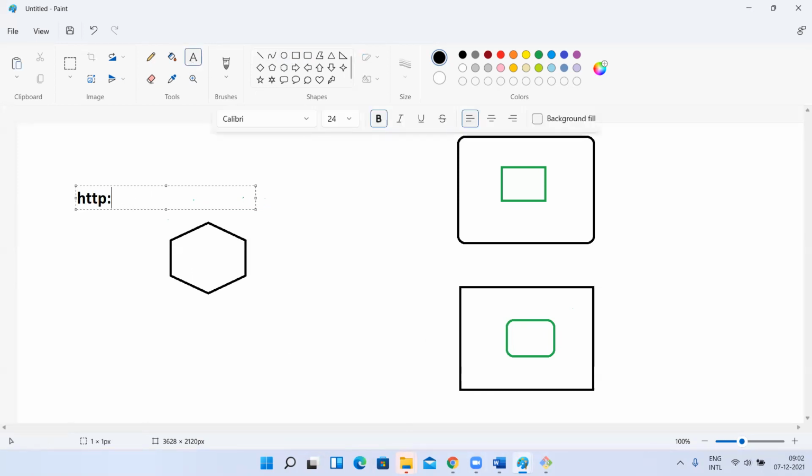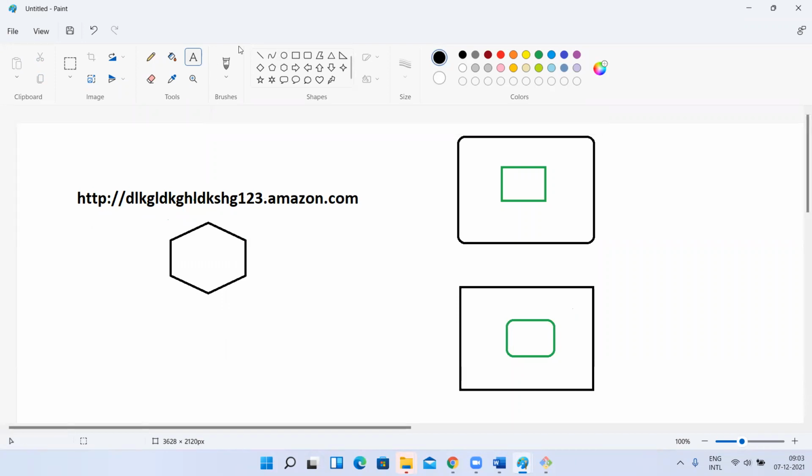Okay, let me do that. One second. Okay, so this is important. Auto scaling I'll explain after this. I'll use a load balancer, so there will be a load balancer. I'll give this URL, which looks something like http://abc123.amazon.com, region dot something. There will be a format; I'll show you that later. So I'll take one load balancer, and this load balancer URL I'll give to end users.